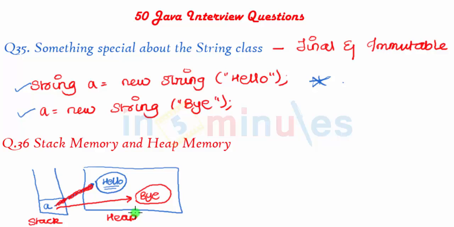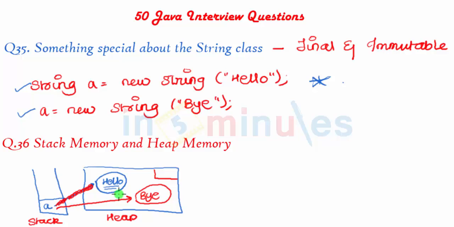And recall that the string pool resides somewhere over here. That is, it is somewhere on the Java heap memory. We don't want to get into complications and details as to where and how the Java heap memory is sorted and all of that, but we do want to understand the behavior. So all the references are created on the stack memory and all the objects, the actual memory allocation, happens on the heap memory.